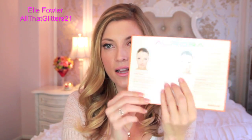But it comes with this little pamphlet in the box, how long you should do each section of your face and how to split your face up for the 3 minutes, each time it beeps at the 3 minute mark. And this is helpful because the first couple weeks I was using this, I kept getting confused as to what sections of my face I was supposed to do in what order with pulsing and continuous. So this breaks it down with pulsing here and continuous here. So you do pulsing for 9 minutes, continuous for 15 minutes, and then you're done, and it automatically shuts off